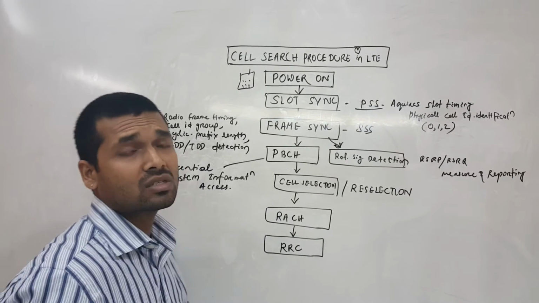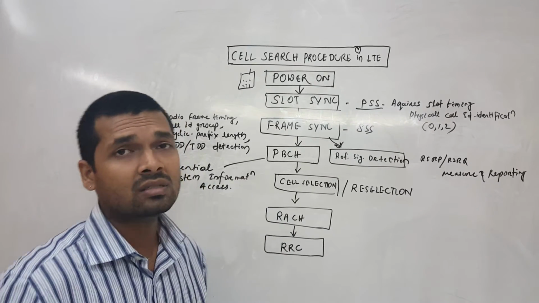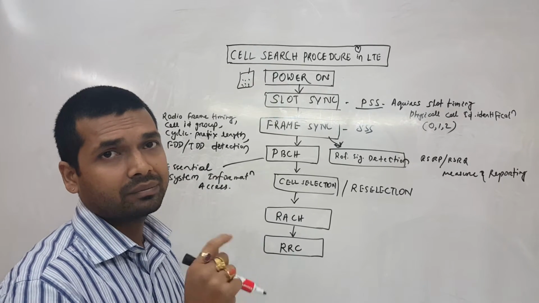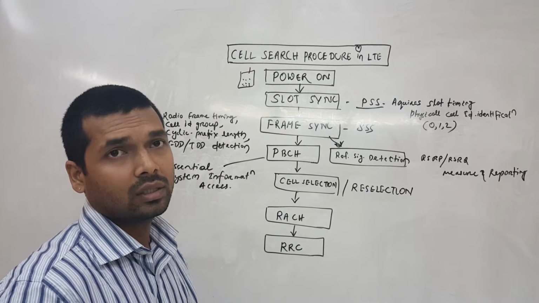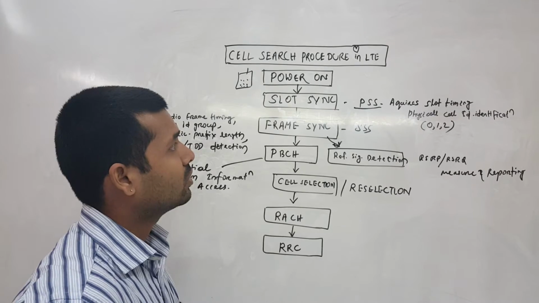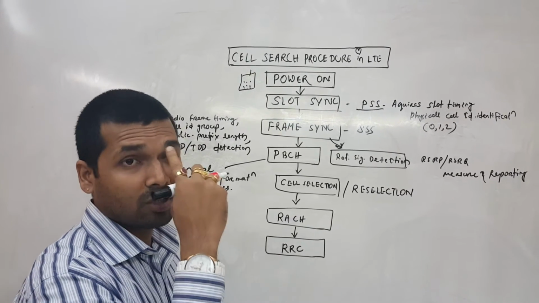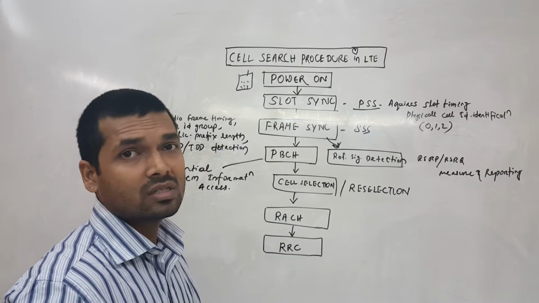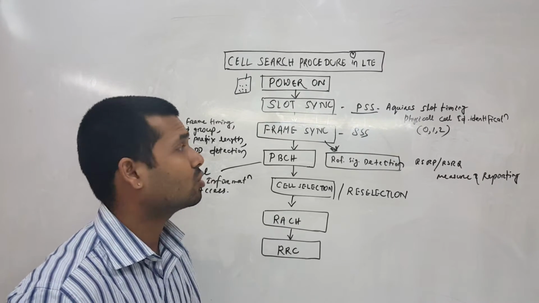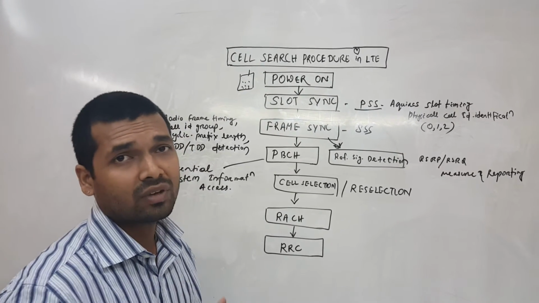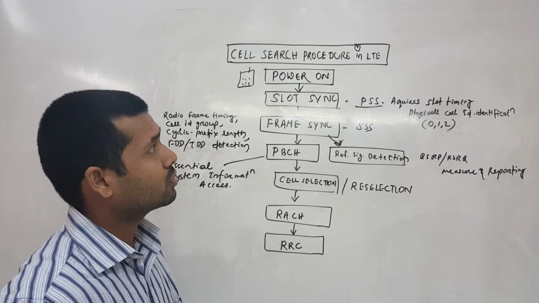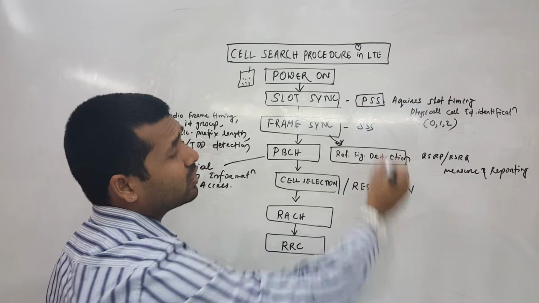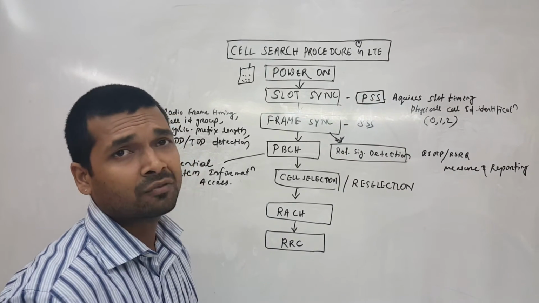The radio frame and slot we have already discussed in the earlier chapter, so please check my other links to see the frame, the slot, and the resource block details. So the subframe is normally 1 millisecond. In 1 millisecond, we are having two slots, slot 1 and slot 2, each having 0.5 millisecond. So first of all, in the primary synchronization signal, we get the slot timings and the physical cell ID